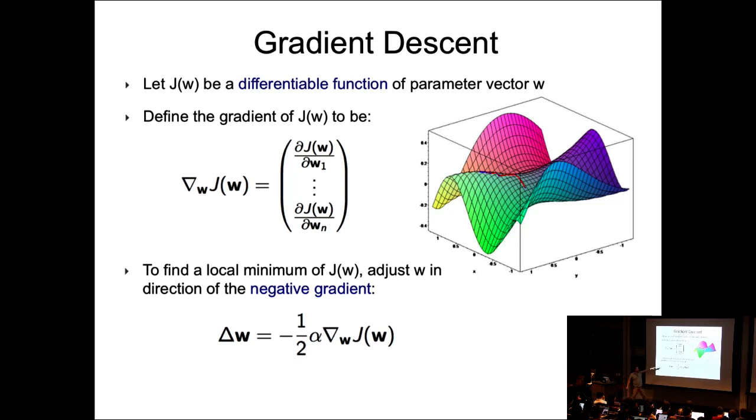And obviously, to find a local optimum of the objective function, we're going to be changing our parameters in the direction negative to the gradient, right? So delta W is going to take this form, okay? That's a standard gradient descent based algorithm. These are going to be your friends for the rest of the course, because pretty much whatever we're going to be doing in this course, we're going to be doing that, right? Now, if you're interested in optimization for reinforcement learning, there's a whole bunch of different algorithms recently introduced, but generally gradient descent, stochastic gradient descent in particular, is the easiest and to some extent the best performing algorithm.